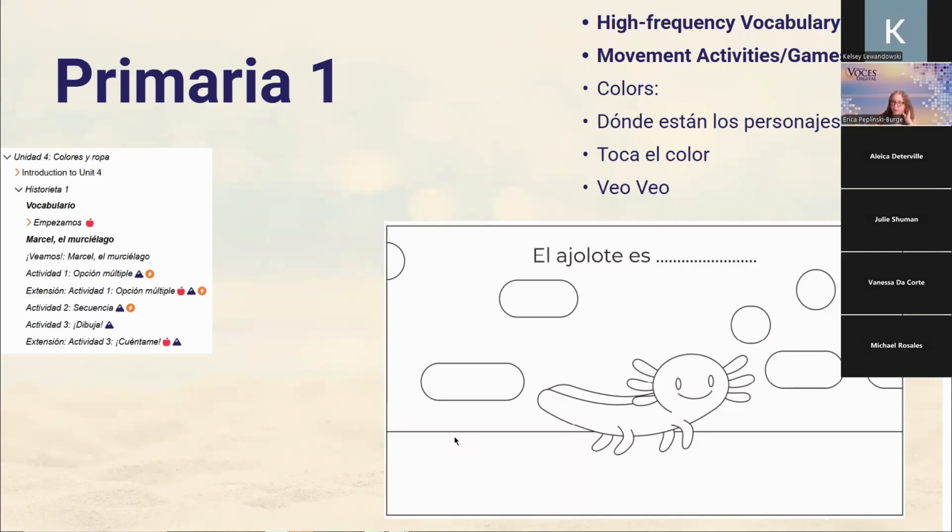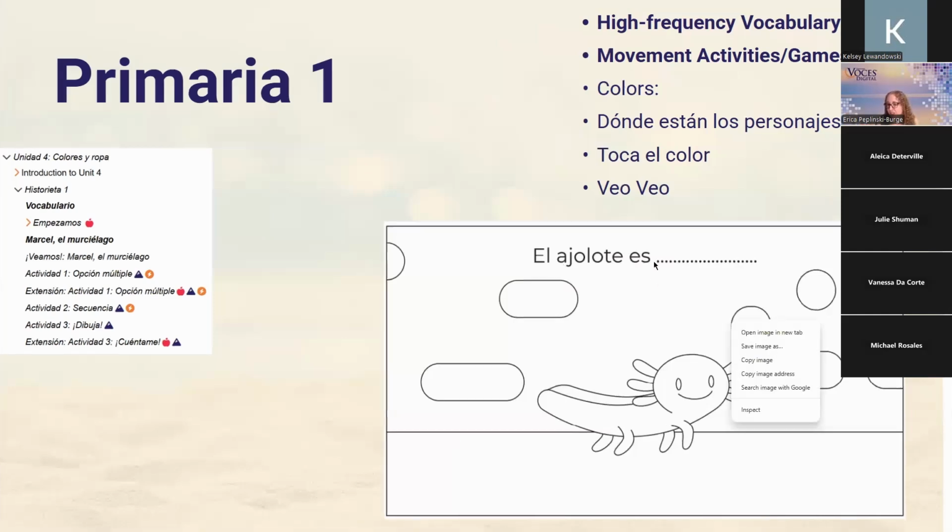Now this is super, super fun for the kids because they love finding their own pictures and running around the room finding them. They're up and moving, super low prep for you because all you have to do is print these out and then let the students color them, which also gives you a break from being the center of attention. And after you've played the game with these, what you could do is have students actually write the color that their animal is, just that one word on this line,